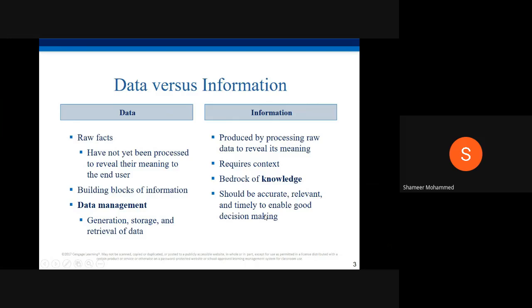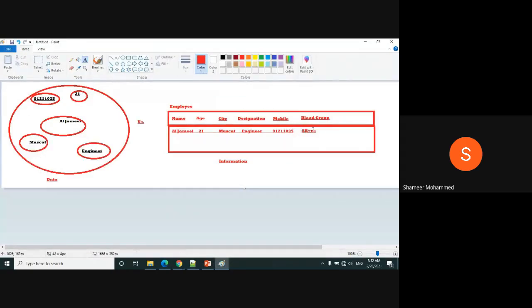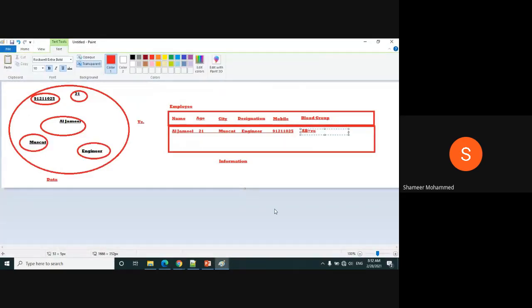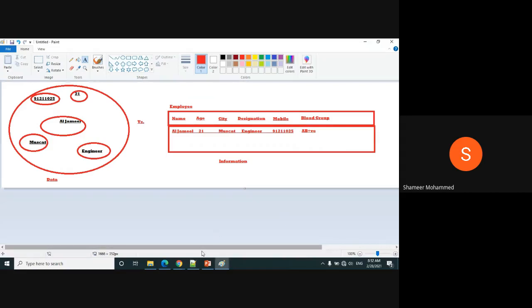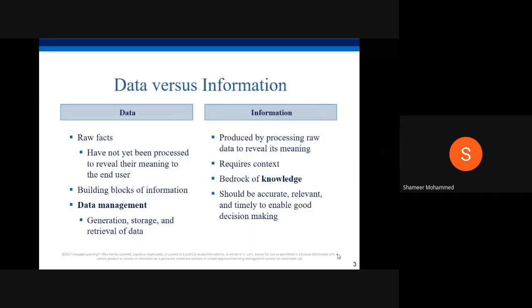So if Al Jamil has a necessity of blood, I refer to the database in the computer, go to the hospital and tell them I want this group of blood, which makes it easy to take a decision. We can save the life. So that is the reason the data, the information you have, should be correct, relevant, timely, and well maintained.